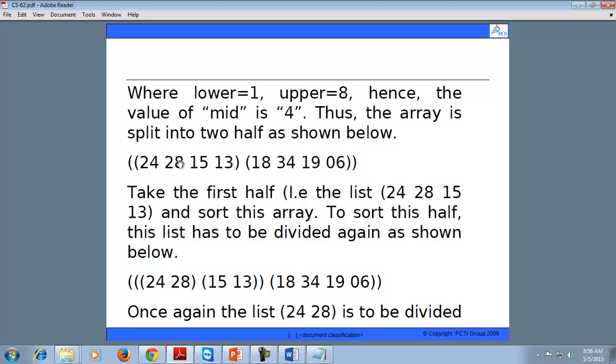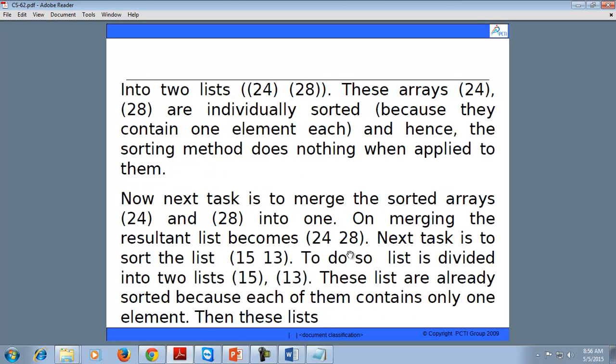And to sort this, the half list has to be divided again. It means this list becomes 24, 28 and 15, 13. Similarly 18, 34, 19 and 6 will also be divided. And once again you have to divide this list, that is 24 and 28 and 15 and 13.